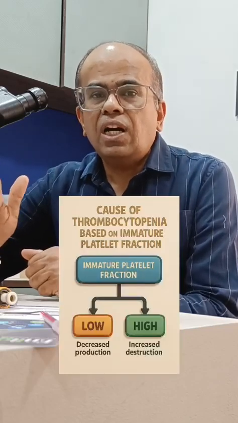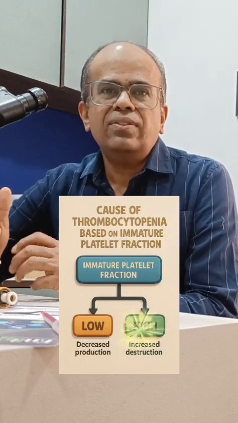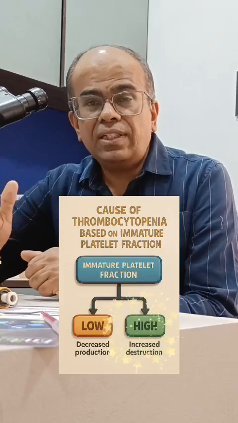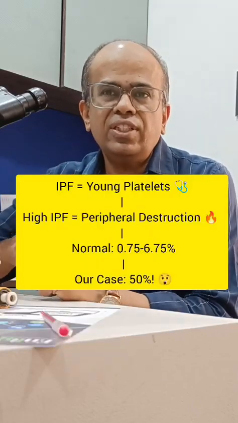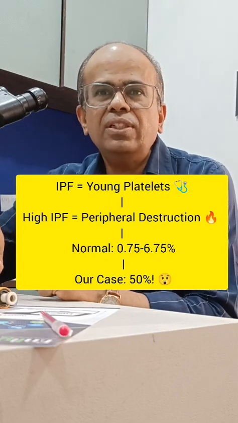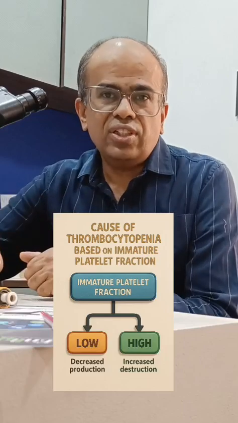Then broadly, once we have categorized the thrombocytopenia, immature platelet fraction helps us in some ways. How does it help? When the immature platelet fraction is very high, it indicates that the bone marrow is actively producing platelets. That means there is no problem in megakaryocyte function. Megakaryocytes are functioning normally, the marrow is functioning normally. Then why are the platelets low? The cause, of course, has to be peripheral destruction or sequestration in some organs like the spleen, if there is splenomegaly. In general,